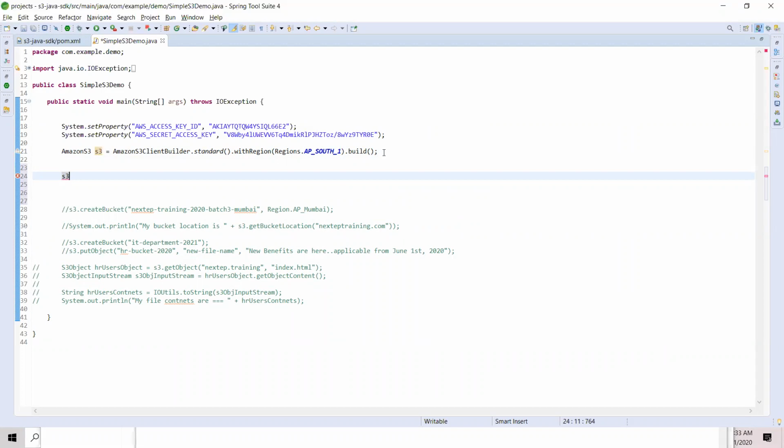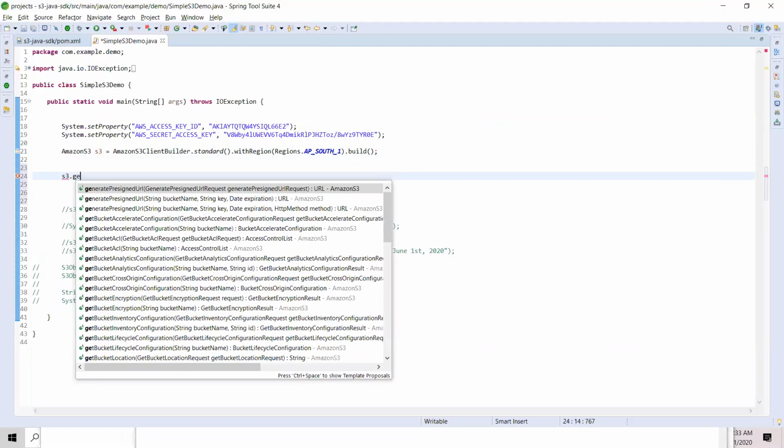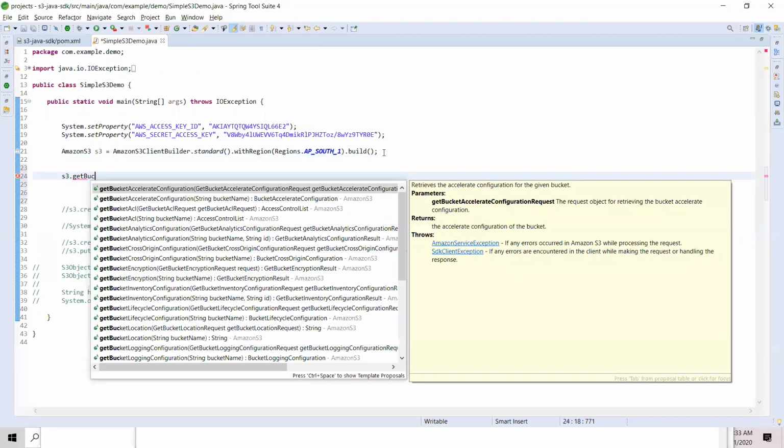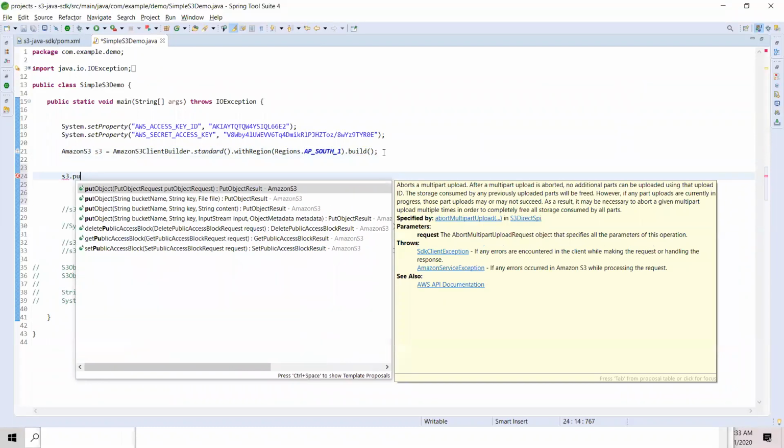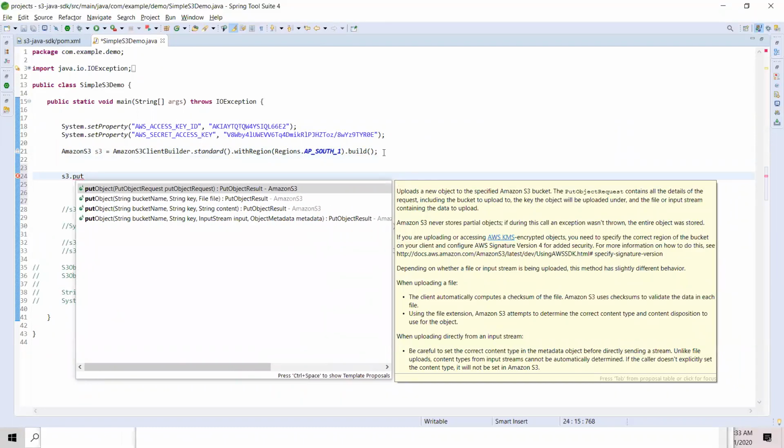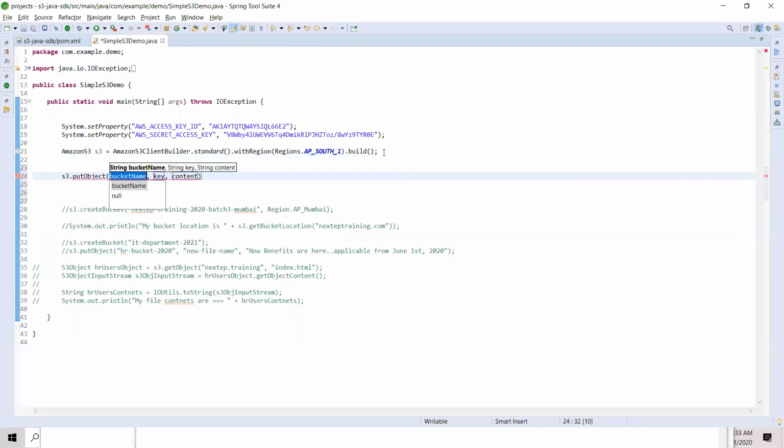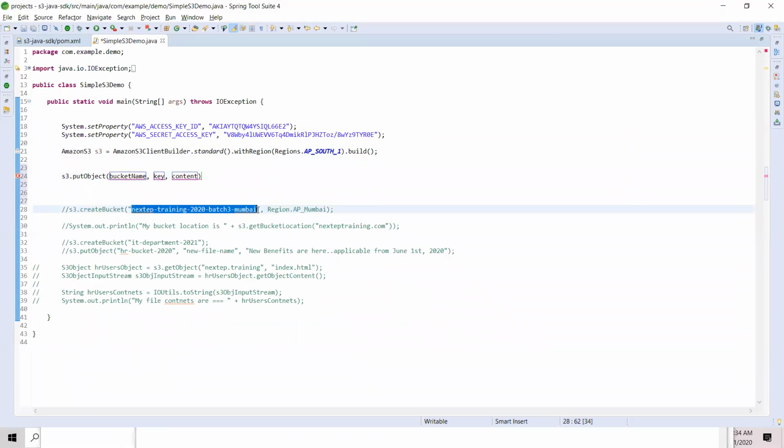S3 dot put object, bucket name, and then you can directly do this, this is the beauty. This is my bucket name, and I'm creating an object with the object key name, any key name.